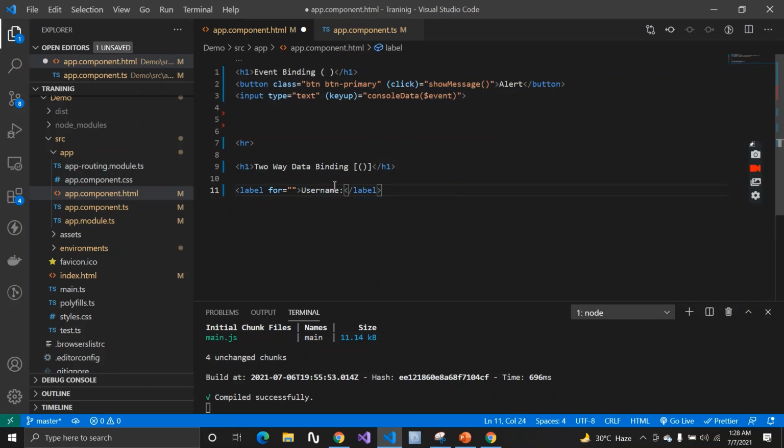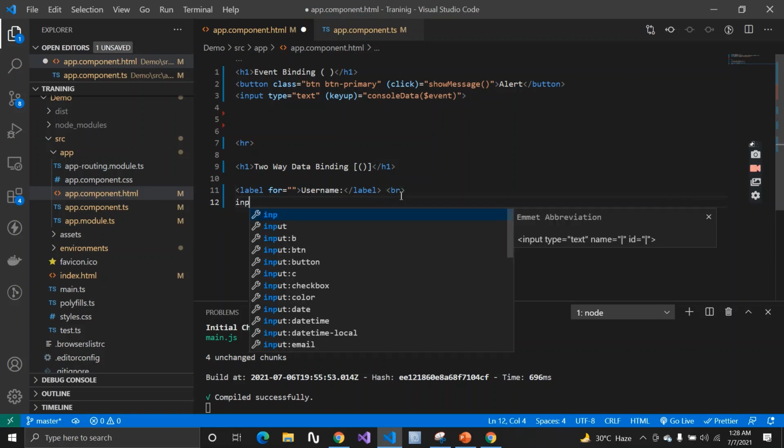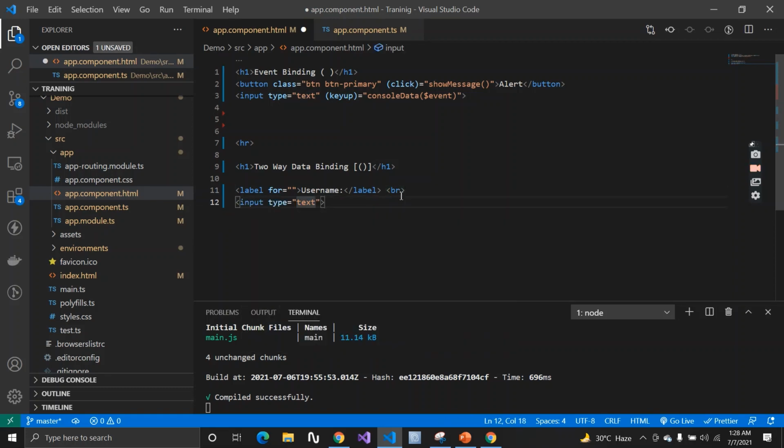And I'll have an input field, input type text, and whatever username I pass, I want to display it below it. Whatever I write inside the input box, I want to show it here. So let me have an h3 tag, and I'll say welcome.